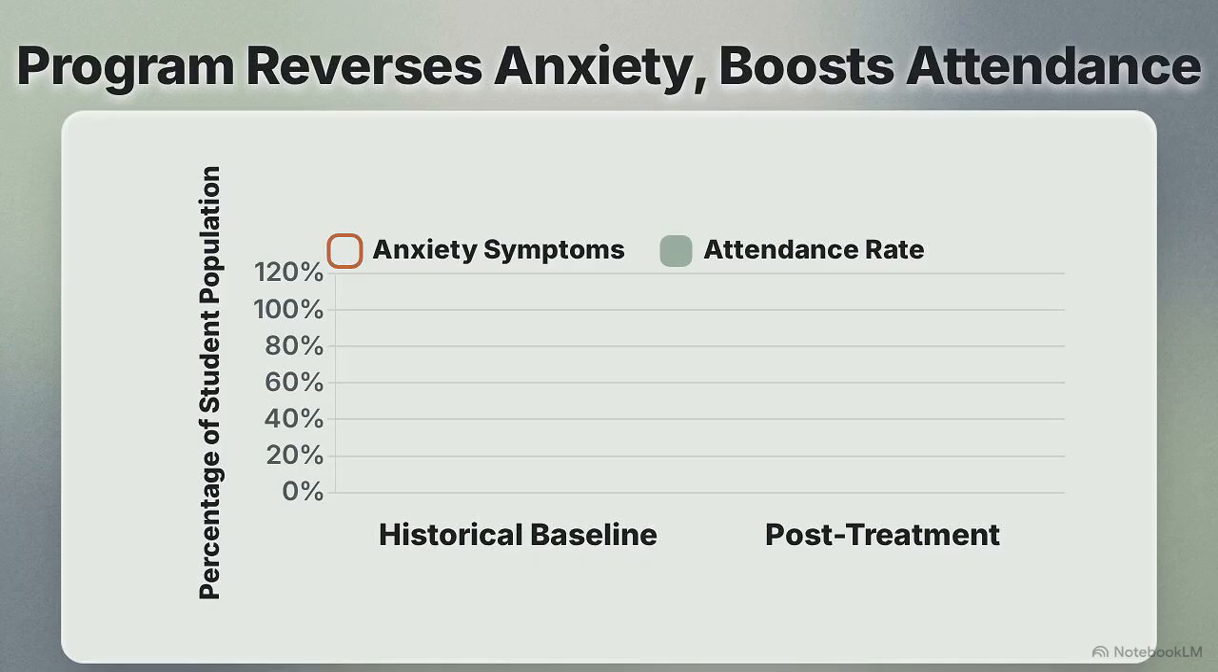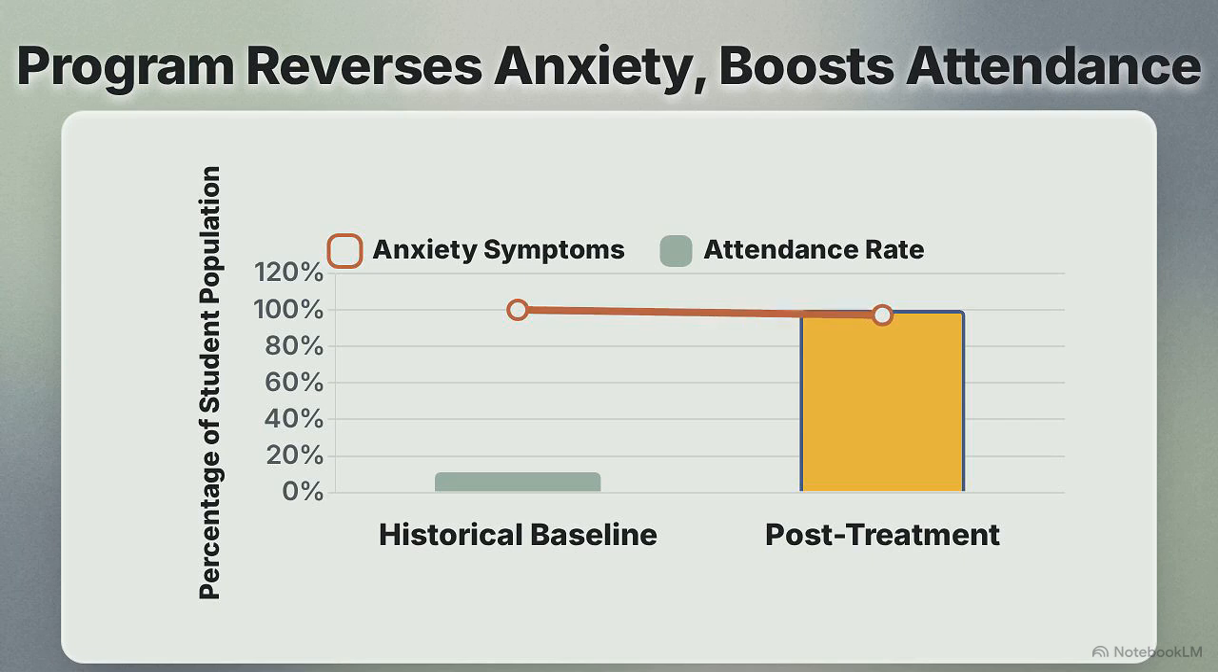This chart compares historical absence rates against treated students, revealing a surging column indicating an 89% attendance improvement. A secondary trend line overlays the chart, sharply descending to show a 92%